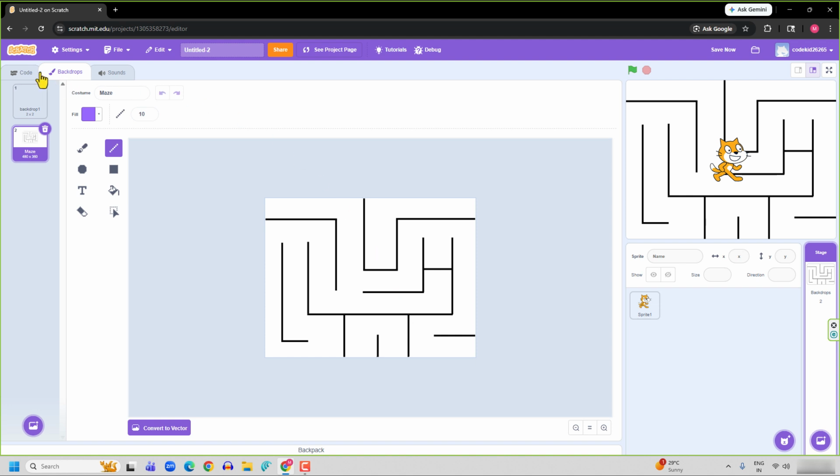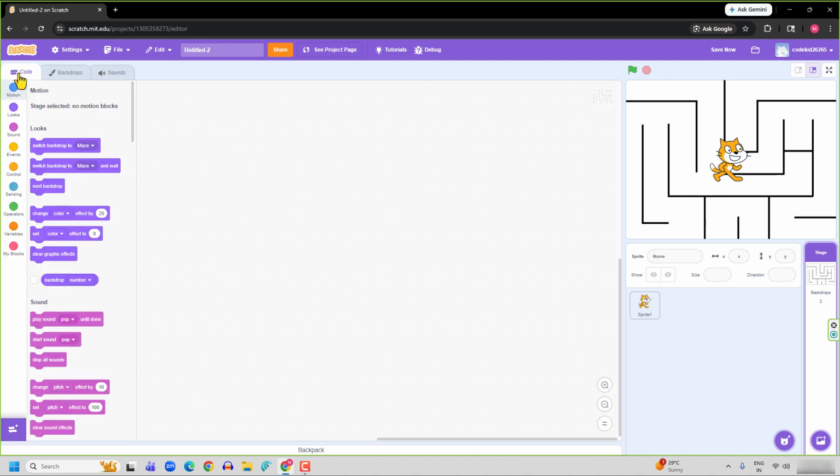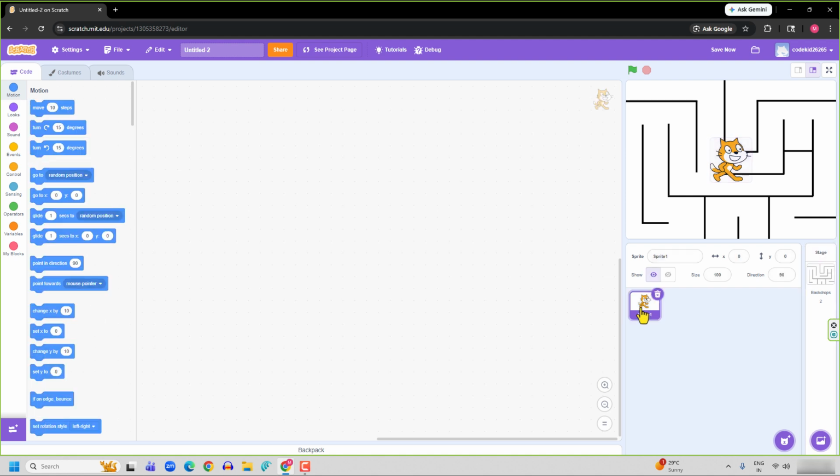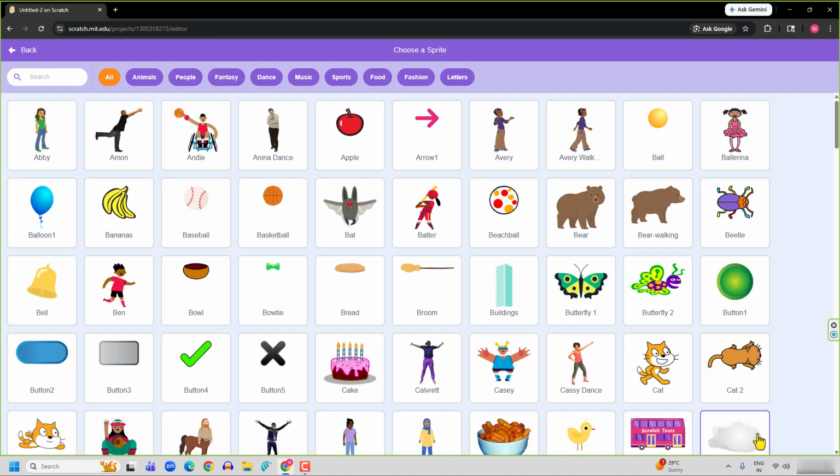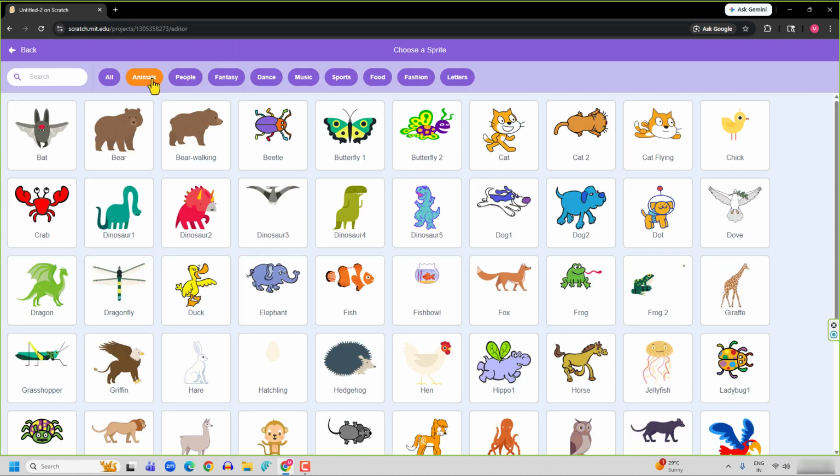Okay, now I will go to code section. Now this is the code section of backdrop which I am not interested in, so I will click on sprite 1. Okay, now for this game we will not be using this sprite. Okay, and so I will delete this. I will choose a sprite using this option,